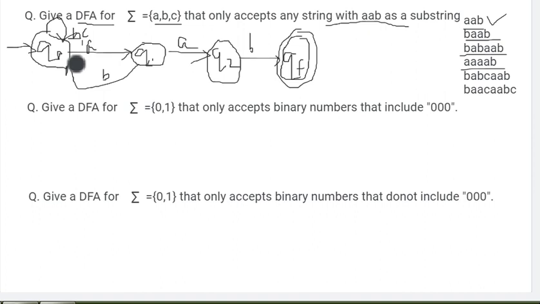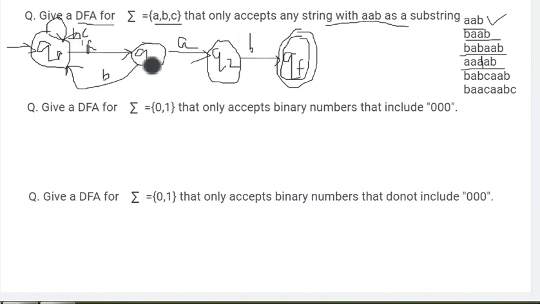Triple A. If it is A here, it will go to Q1 state. In Q1 state, A is coming, Q2 state. At this point I have the third A. What should I do here? I cannot put any loop. Why? Because it is a DFA. Q0 state already has a path given for A. I cannot make a loop here.